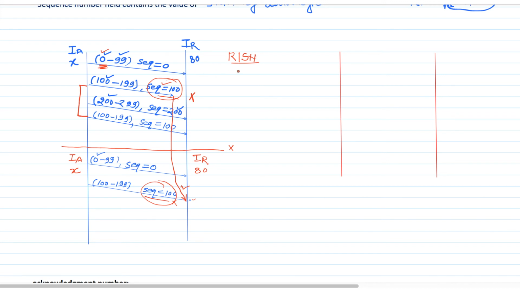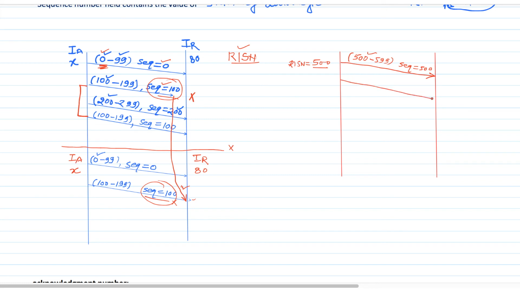So what will happen by using this random initial sequence number? In order to send 100 bytes from this source to the destination, say here we are using a random initial sequence number of 500. So we have the first 100 bytes from 500 to 599, and the sequence number field will contain the value of the first data byte, which is 500.